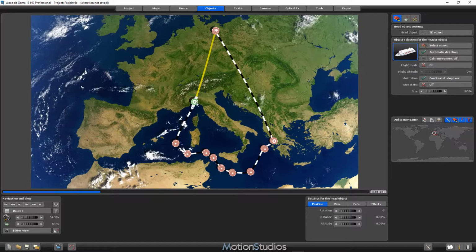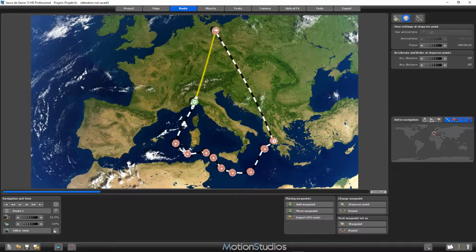So now that we have selected our new head object, we jump back to the root section, because at this point we need a pause time as well, because here we changed the head object and our objects should pause a short time. Let's set it to the usual 1 second, and of course we activate the accelerate and brake at stop over points, because the train should stop smoothly. And now let's use the slider here,